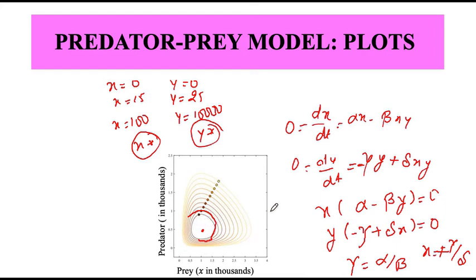If you are here, then we'll just follow this curve. If you start close here, the curve would look like this. Because x and y can never be equal to 0, I would not even start over here. So these are fairly good conditions where I start at some point and then keep revisiting the same point over and over again. This is just a simulation for certain values of alpha, beta, gamma and delta.